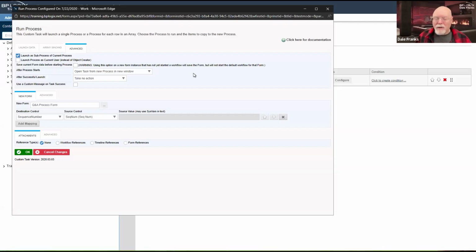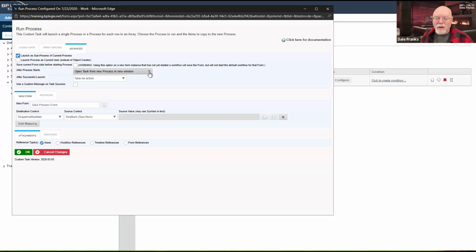Technically, I could have a separate routing slip that only tracked the sub processes. So this gives me a lot of options if I launch it as a sub process. That is what I want to do in this case, but it may not be always. So when we rebuild it, we're going to have to come back and take a longer look at this checkbox to talk about what the implications of checking and unchecking it are.